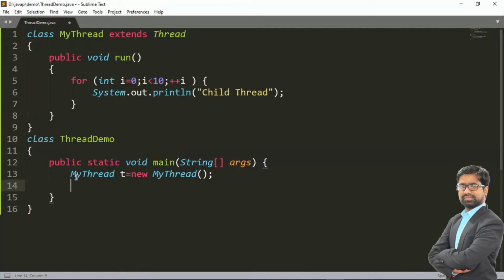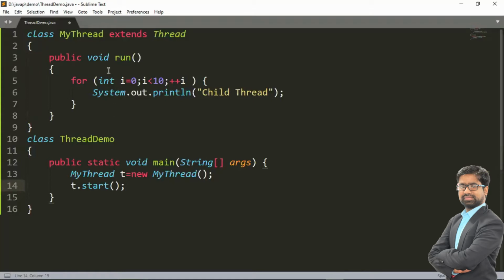When we call the start method, a new thread will be created, and start has logic to call the run method internally. The run method we have already overridden, so this overridden run method will be executed. So we call t.start, which internally calls the run method.